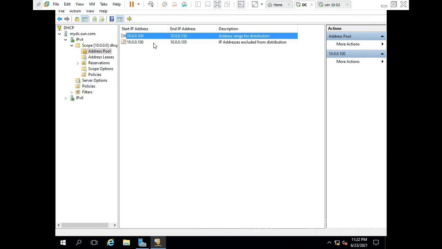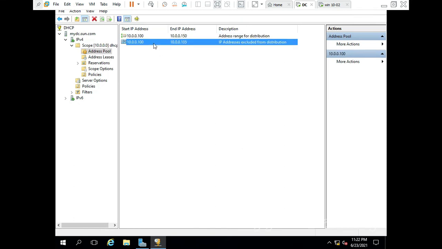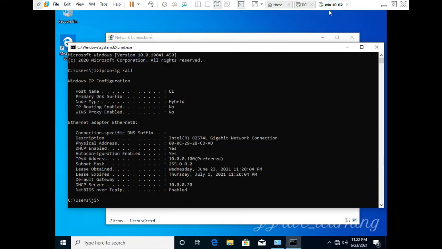You can see here. Now go to the client side. Just release the IP address, flushing the DHCP IP, and renew the new IP address from the DHCP server.